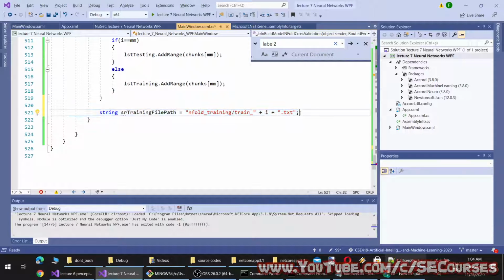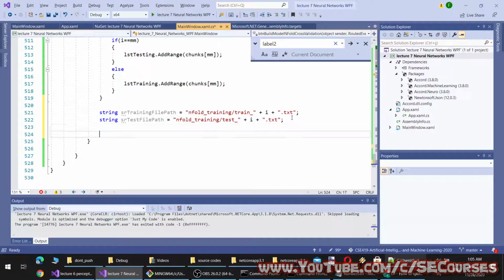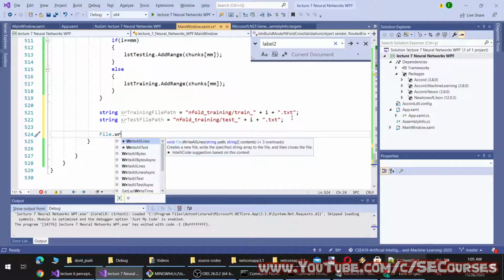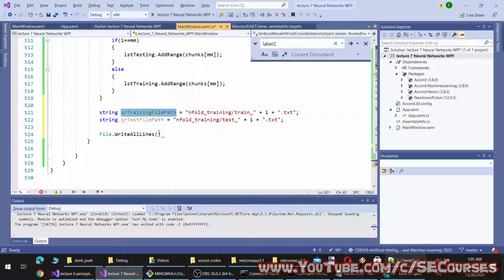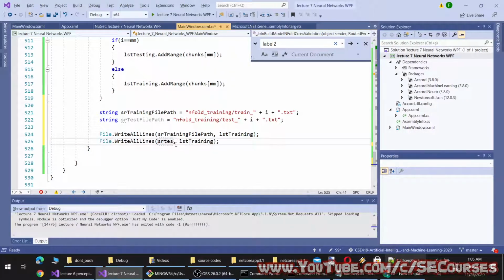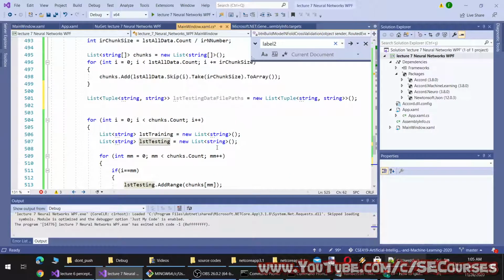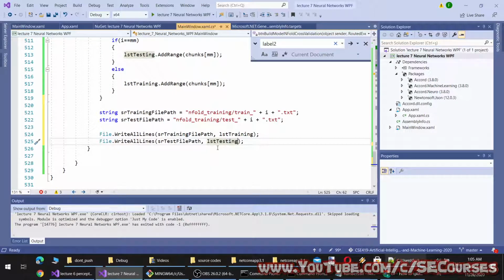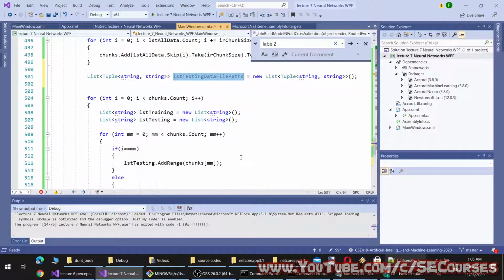Okay, and the test file path will be test I and file write all lines, and training file path will be training and testing. Okay, and we will add it here.